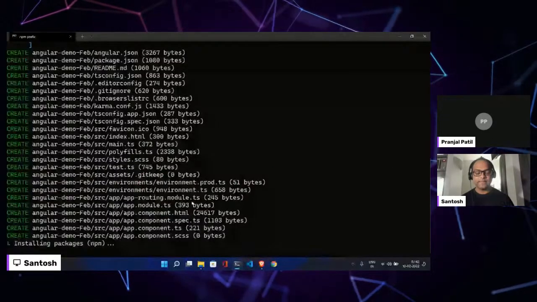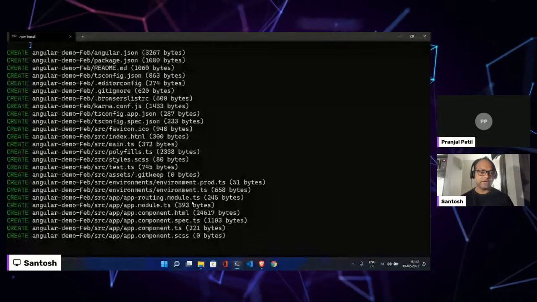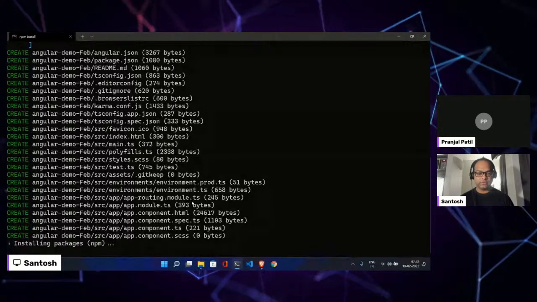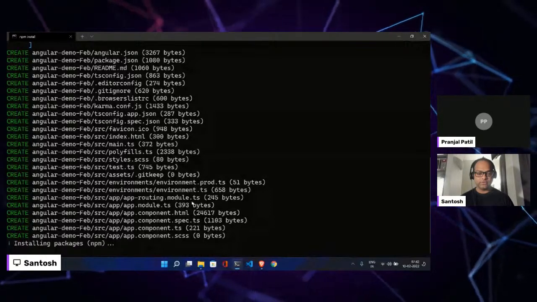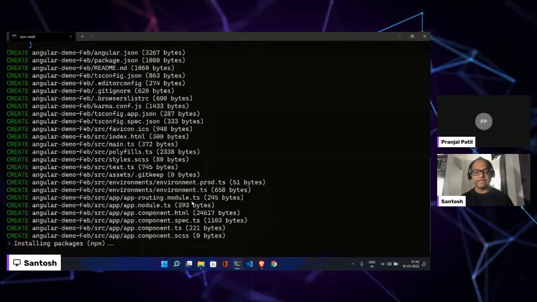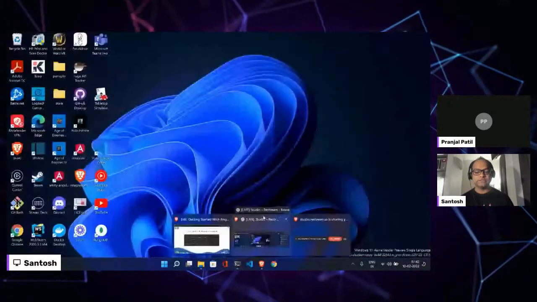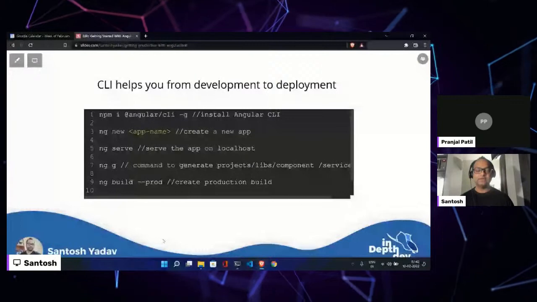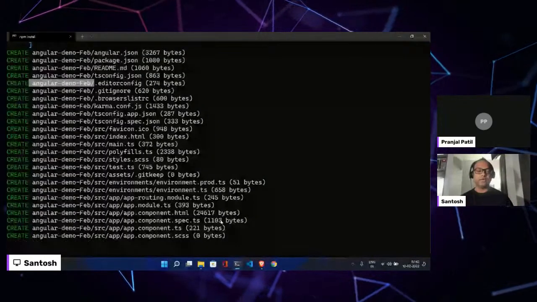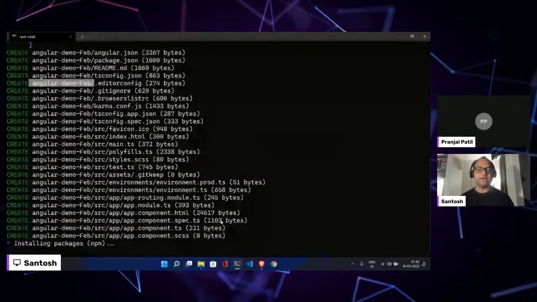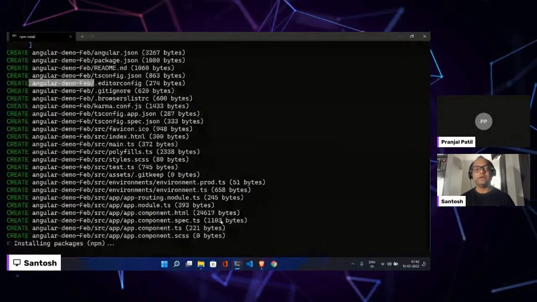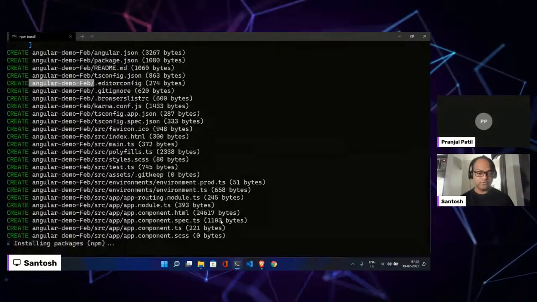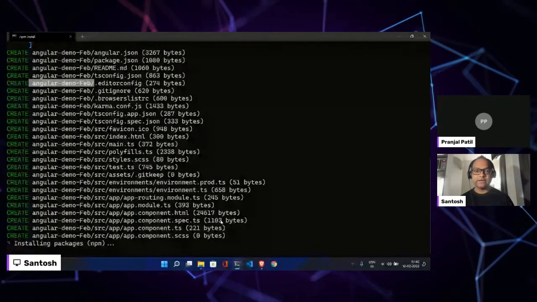And it will create all these files in a folder which will start with Angular demo web. So this folder will be created. All files which are now created will be part of this particular folder. Meanwhile, it is getting created and it will now install the dependencies. You can see it says installing packages and npm. So I'm using npm to install all the packages. Of course, you can use yarn as well in case you want to, but here it is using npm, and it will install all these packages from the internet, which will be a little bit slow as of now because of the bad internet connection I have.